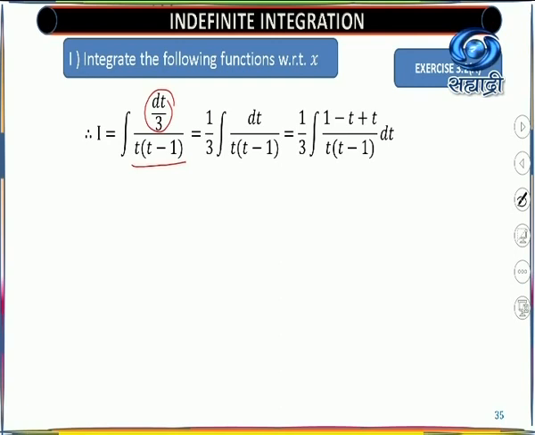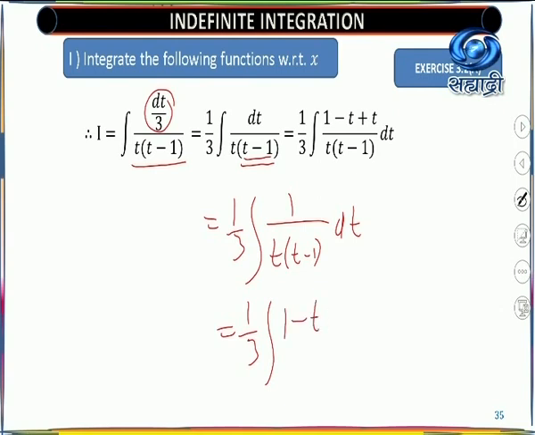So what you will do is write 1 using some addition and subtraction, so that you get a function here. What way will you write this? 1 upon 3 integral of 1 upon t into t minus 1. We'll start thinking that you have 1, and you want minus t. So we'll write that as 1 upon 3 integral of 1 minus t plus t. Therefore, there is no change. Even though it is 1 minus t, if you take the minus sign common, it becomes t minus 1. So that will be okay. So you will get t into t minus 1 dt. Now if you separate the denominator, immediately you will get the value.